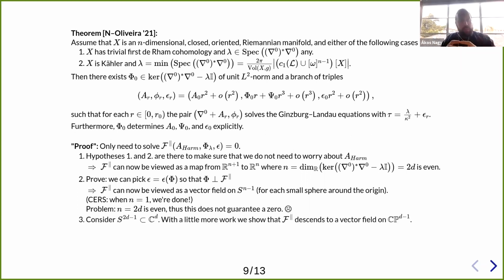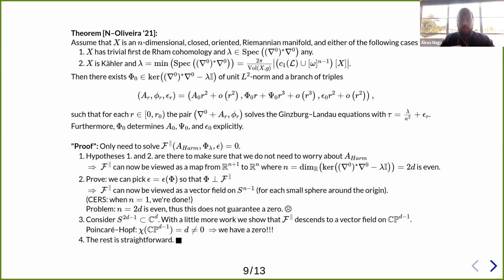But if you consider this (2d-1)-dimensional sphere as being the sphere in the complex vector space C^d, then with a little work, you can show that this descends to CP^(d-1). So there's a U(1) action when you look at S^(2d-1) as a subset of complex vector space. Your vector field is going to be equivariant under that and perpendicular to the orbit. So it descends as a vector field to CP^(d-1). And now we're good. Now Poincaré-Hopf tells us that there's always at least a zero. It would be good to say that this vector field is always zero. That's too much to hope for. But at least we find zeros. And that proves the existence of